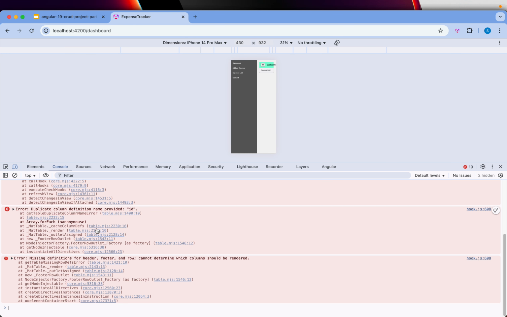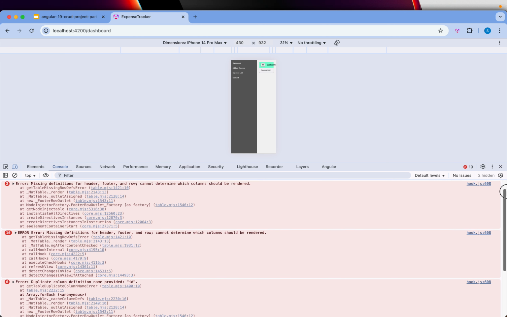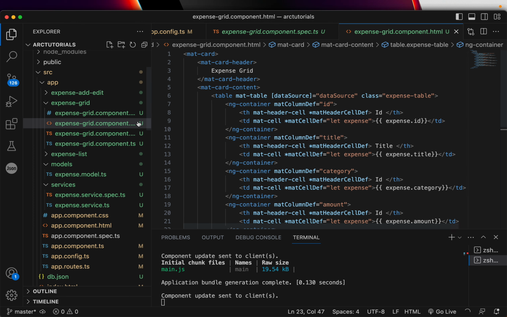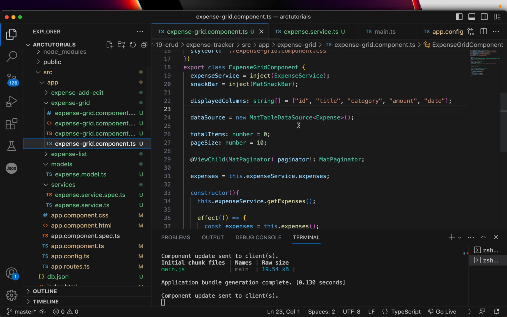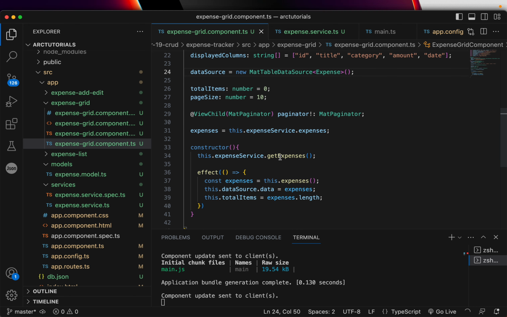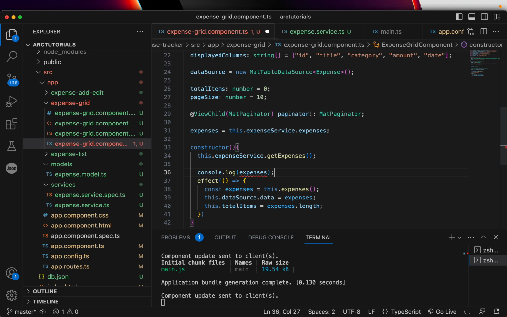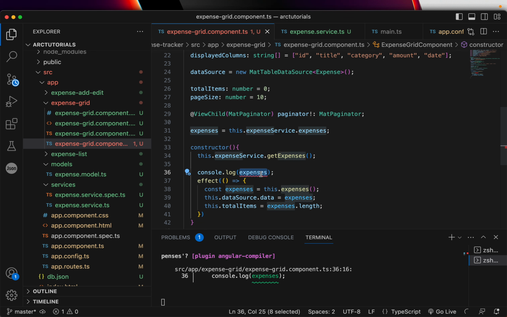So we will now do some console logging to see that. It says missing definitions for header, footer and row, cannot determine which columns to be rendered. You get this error when there is a difference in mapping the table. So let's go here, id, title, category, amount and date. That's what we are getting. And for starters, what I'm going to do is a console log dot expenses. This will tell us the data we have received,